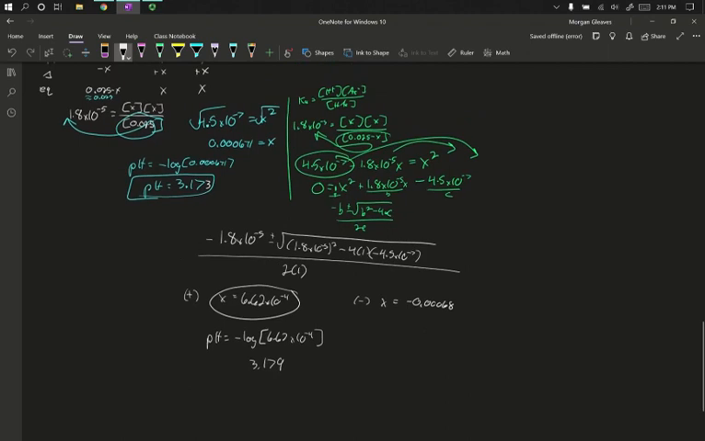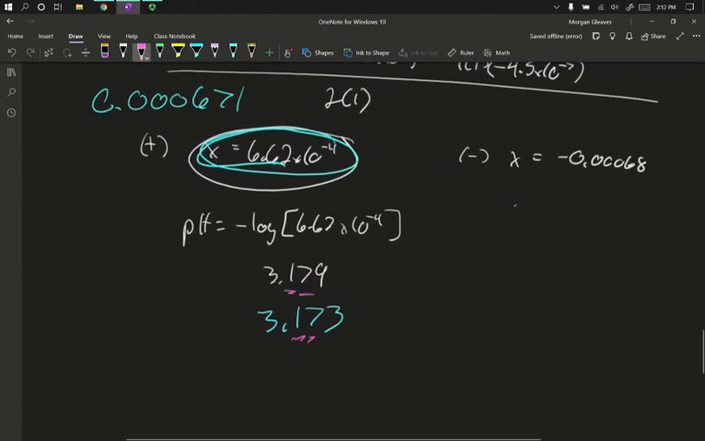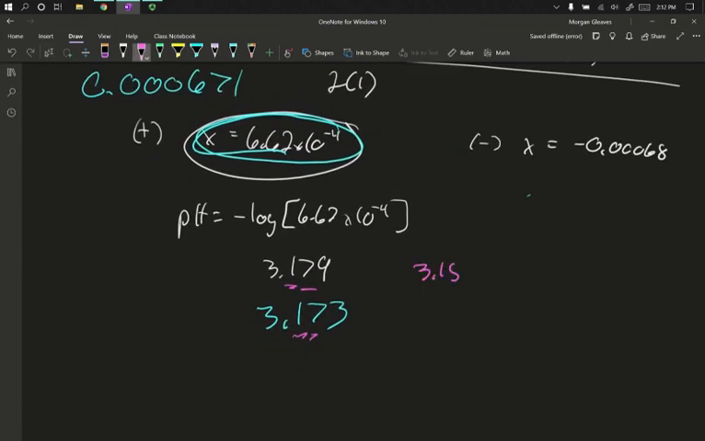To compare to before, we'd found that our X previously was 0.000671 versus 0.000662. Our previous pH was 3.173 versus 3.179. They do make a slight difference when you account and don't simplify, but we only had 2 sig figs for our starting concentration, which means we really just get 2 sig figs in our answers. This would round slightly, 3.18 versus